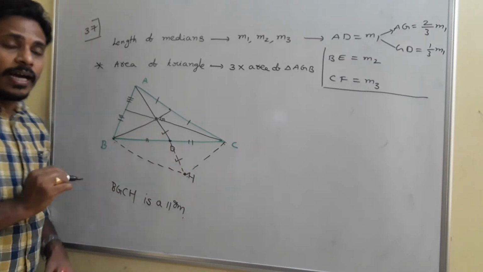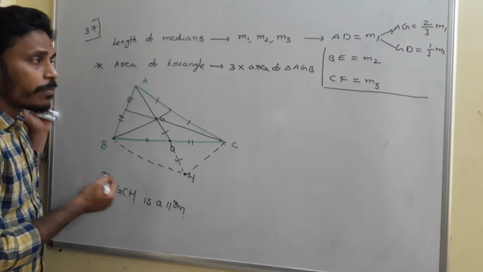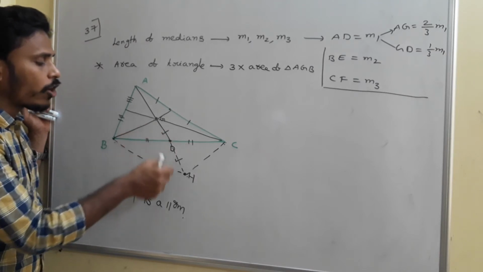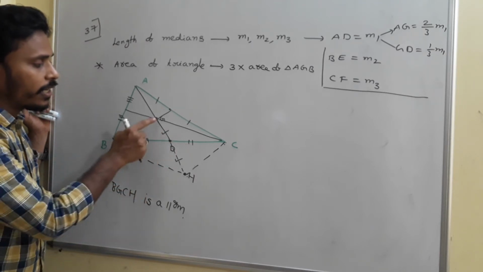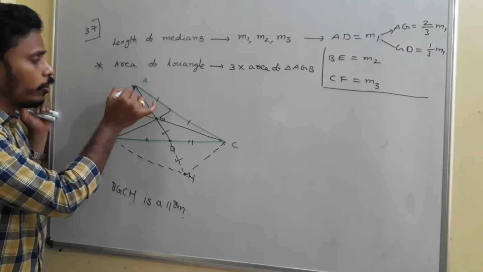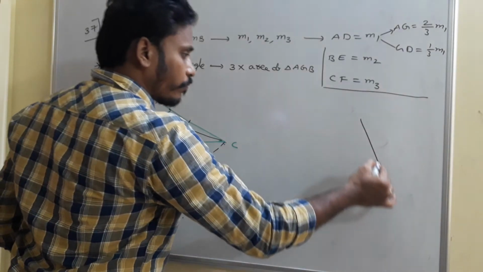Since it is a parallelogram, opposite sides are equal, so I will calculate all the lengths if I need. And GD is equal to DH is also given. That's one part. And another part I am going to tell you is, think about this total AH. I will separate out the diagram.